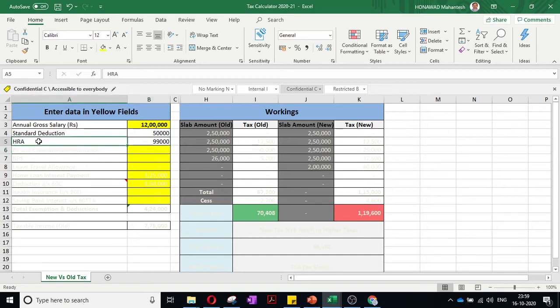Next, after HRA, is professional tax and entertainment allowance. Some people give, some people will not give. NPS you have not done, I will explain about it later.